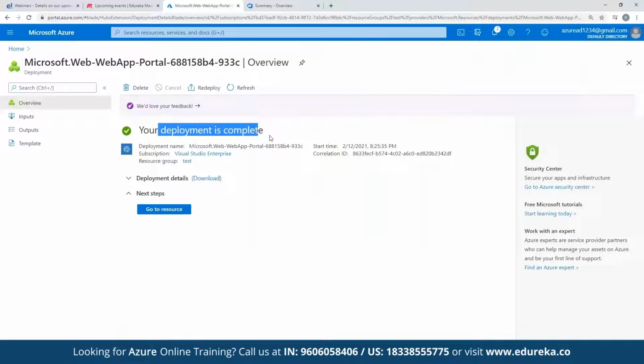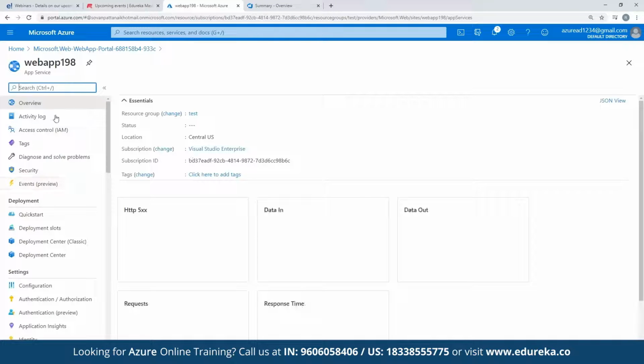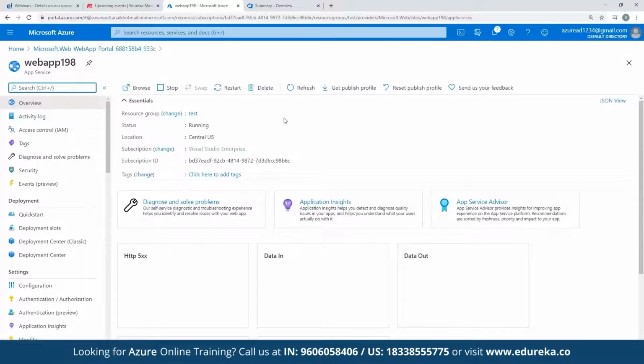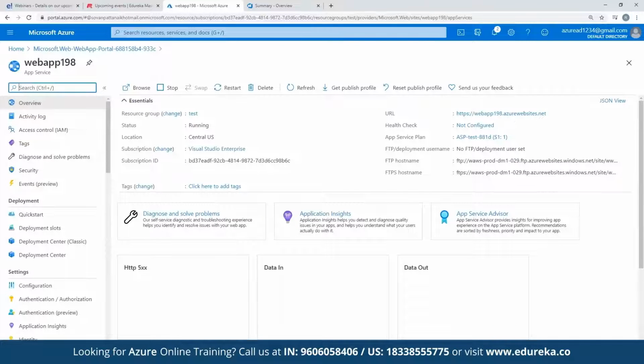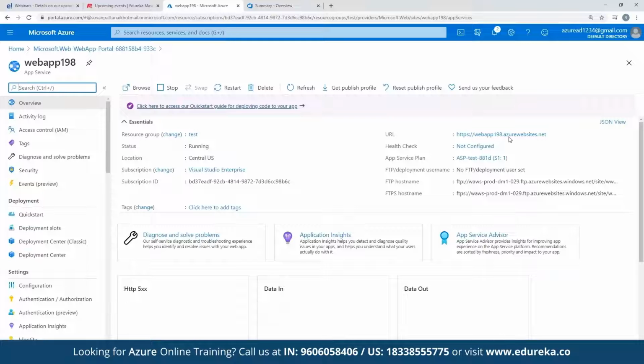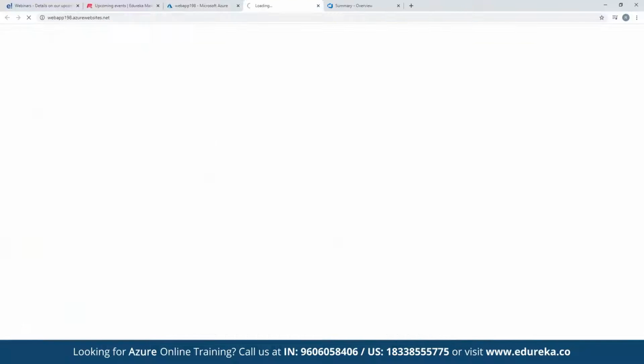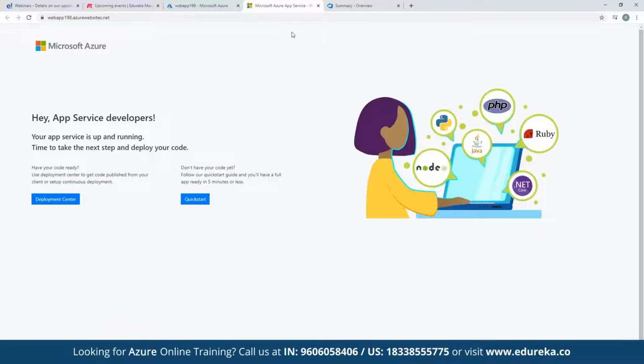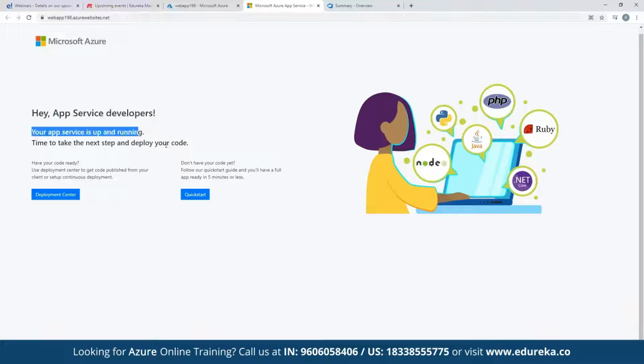If you see here, deployment is complete, and we can go to the resource here. We have this web application ready, and we have a URL. So this is a PaaS service, as I said. Once you click on the URL, it will have azurewebsites.net, right? So we have this web application ready. You see here, within a minute, we have created a website which is instantly available for developers. Now, developers only need to work on their coding part of it. They can concentrate only on the code, and these are all the codes which are highlighted here, right?